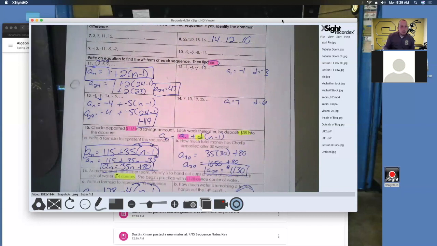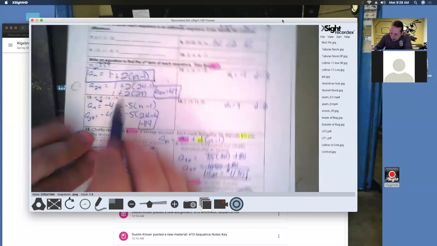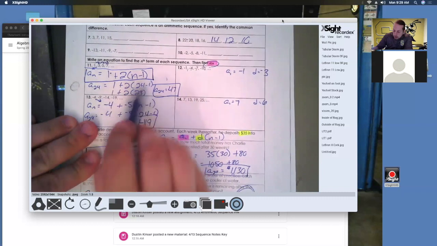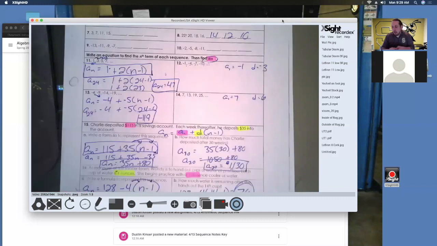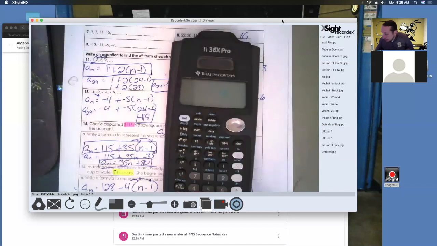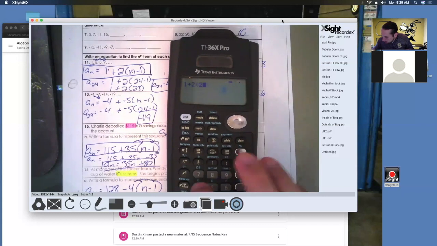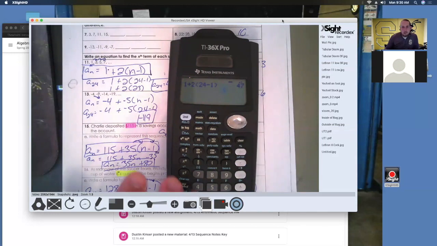No. Remember, when you have this equation here, you can't add the 1 and 2. You have to do the parentheses first and then multiply. And you type that straight in your calculator and it'll follow the order of operations as well. So we did. It's going to be 23. 23 times 2 is going to be,